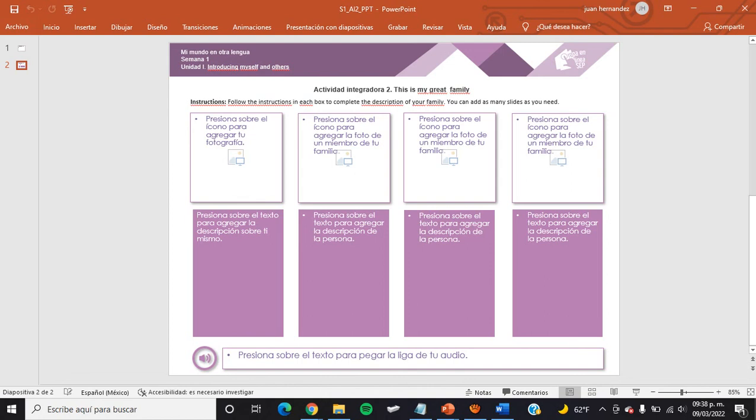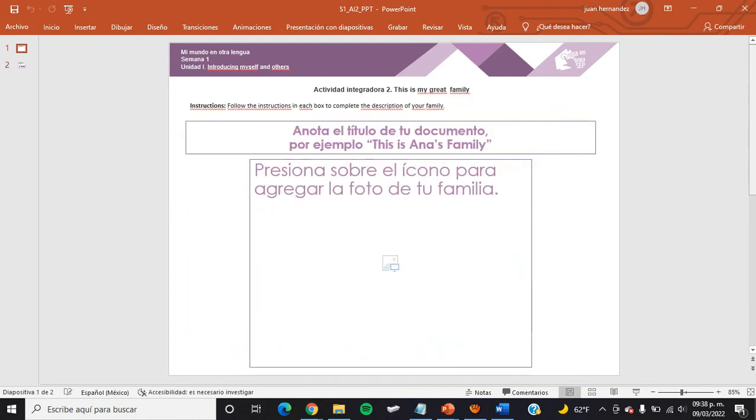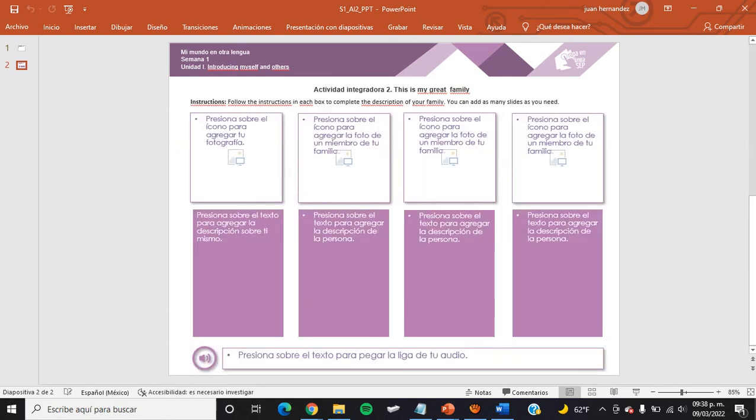Si tienes un programa o tienes la habilidad de usar programas que te permita cortar, pegar y todo eso, puedes hacerlo aquí. O si no, algo que yo te recomendaría es tomar captura de pantalla de tu foto e irla cortando por partes, usando Paint o usando en este caso la diapositiva, las herramientas de la diapositiva, para que puedas en este caso agregar las fotos.